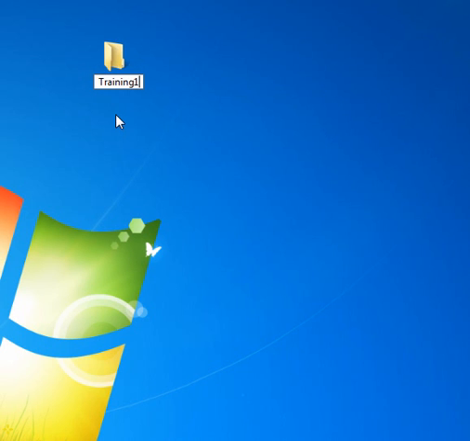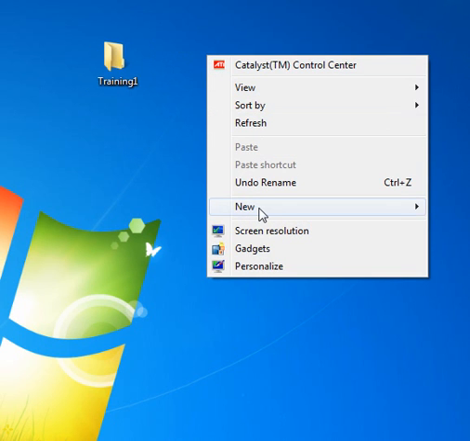When you're done typing, move your mouse cursor away from the area you're working and left-click once on the mouse. And there's Training 1. Now let's create Training 2 right next to it. Same procedure. Right-click. Scroll down to New,